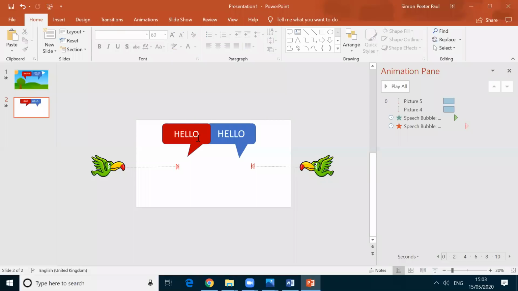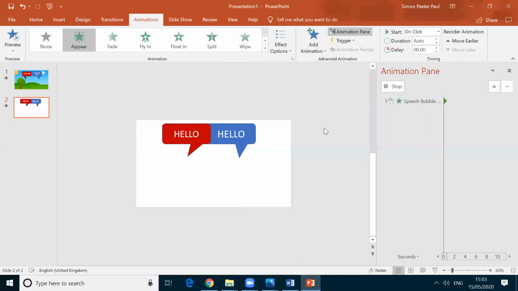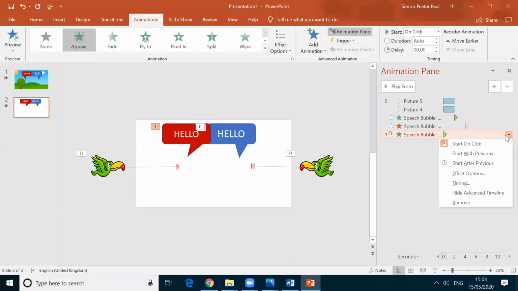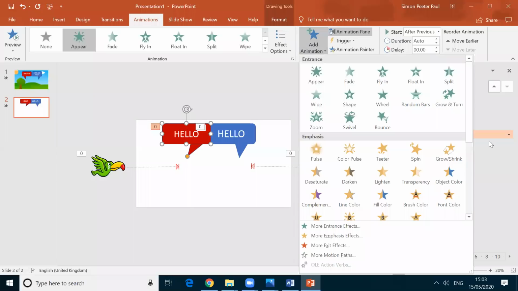and then it has to appear. What is the animation I have to give? I click on animation and add animation, appear, and then what I have to change, I click here, start after previous, and after that what should happen, disappear. Again I click here, again I go for animation, and then add animation.